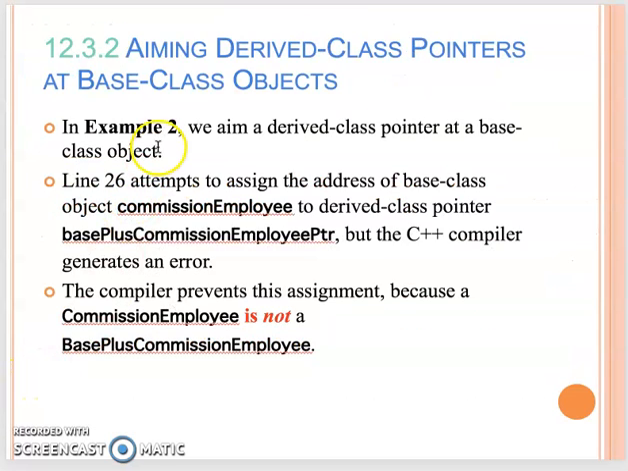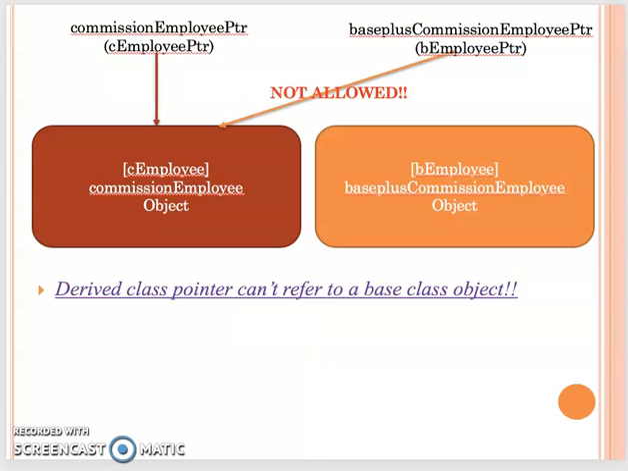Example 2 actually still uses the same header file and source file. But now what we show you here is that the parent class object is not a child class object. So if you try to use the child class pointer to refer to a parent class object, you will have a compiling error in example